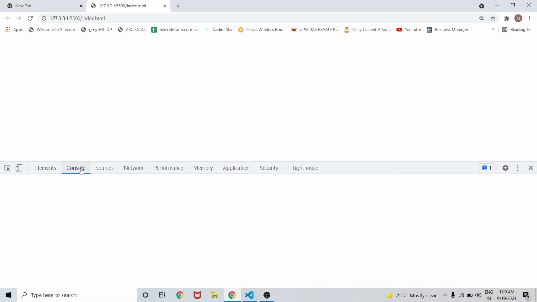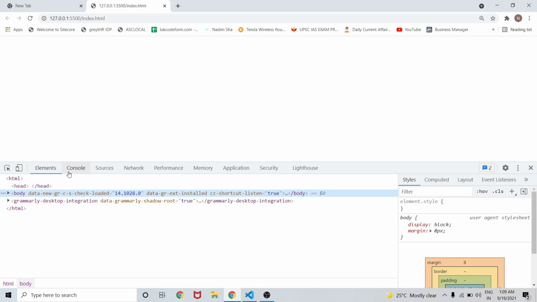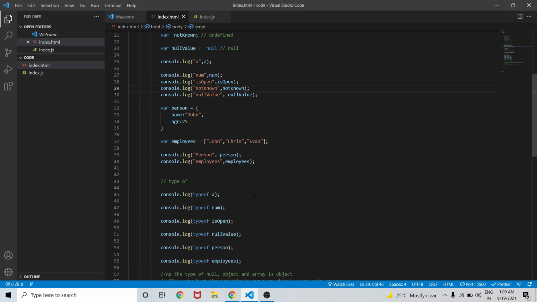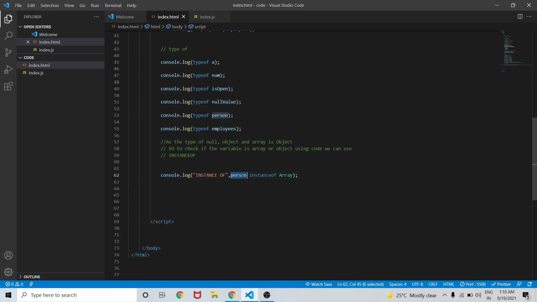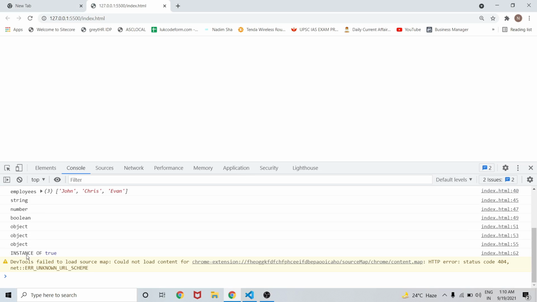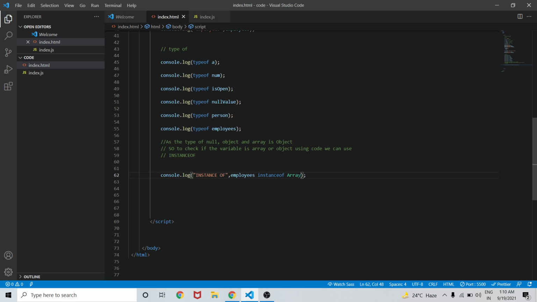Oops, yeah. As you can see, instanceof is coming as false, because the person is an object and it is not an instance of an array. Now if I replace this person with employees, it is coming as true, because employees is an array and it is an instance of Array.